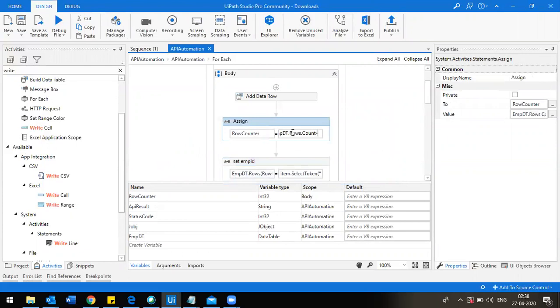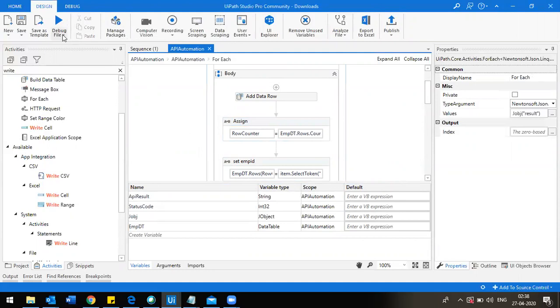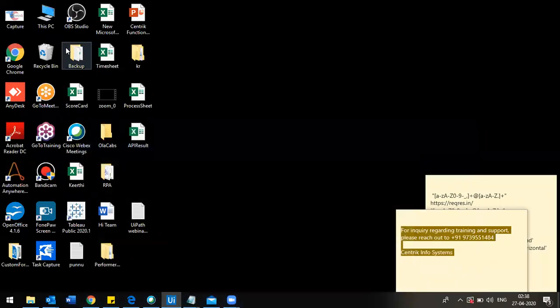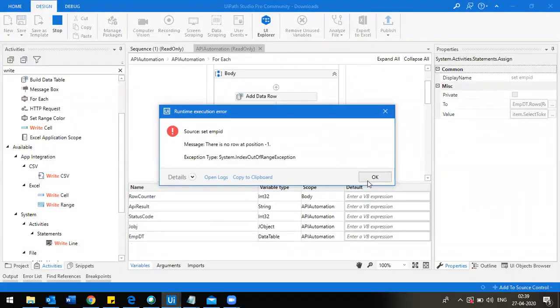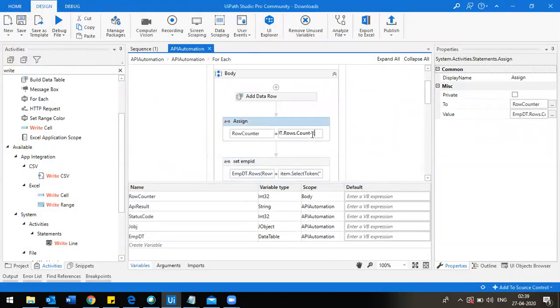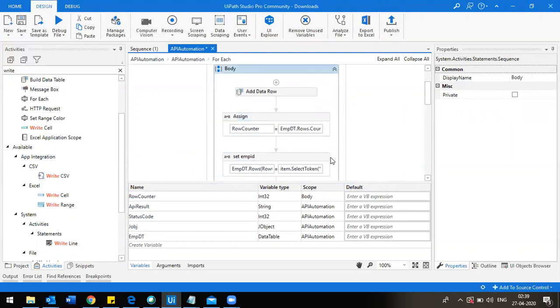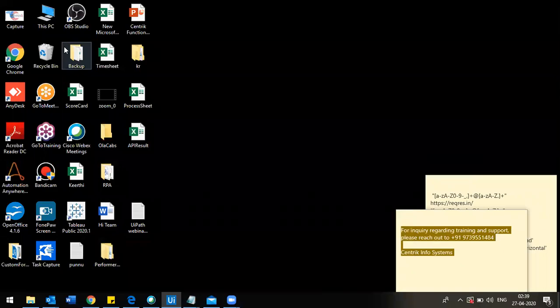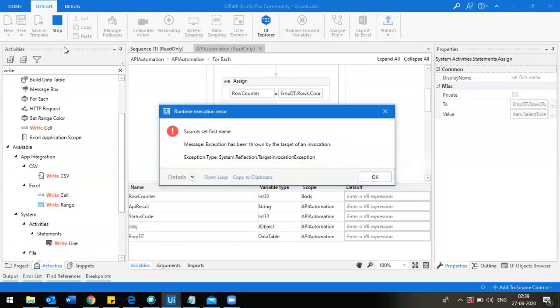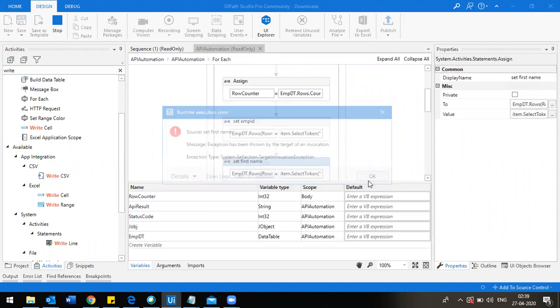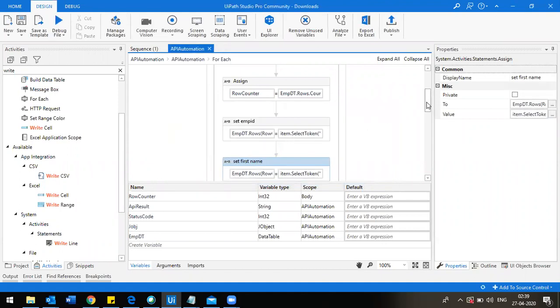Okay, put -2 here now. Okay, so it is added employee ID.